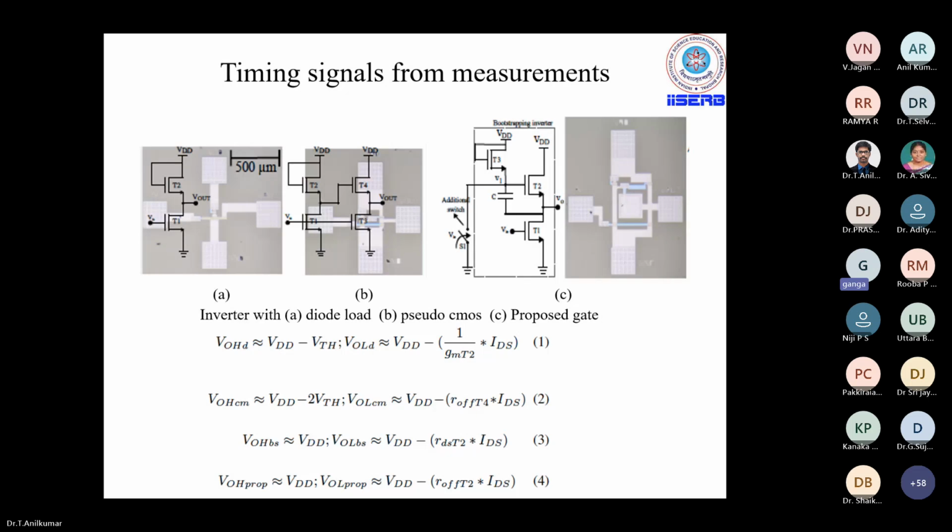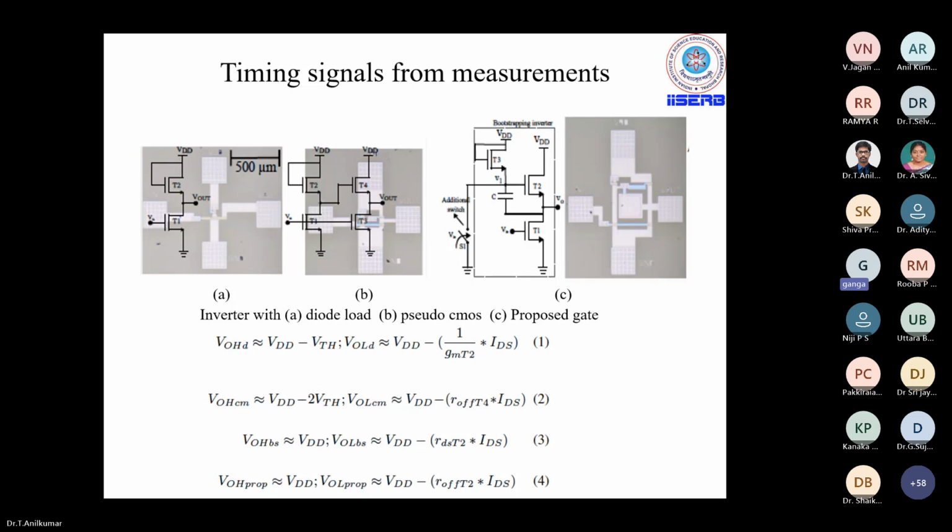Similarly, logic low is given by VDD minus 1 over gm of T2 times IDS. When we apply logic 1 at the input, we are not able to get a strong logic 0 with this configuration. This is more than the reference level. So again here, when it is passing through different stages, we can't get complete digital operation. It can even lead to malfunctionality of logic gates. So this is not a robust design.